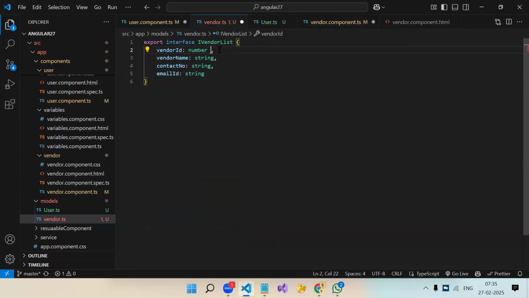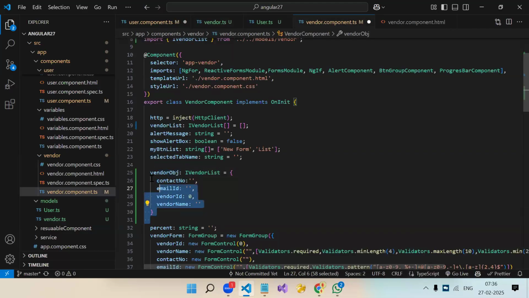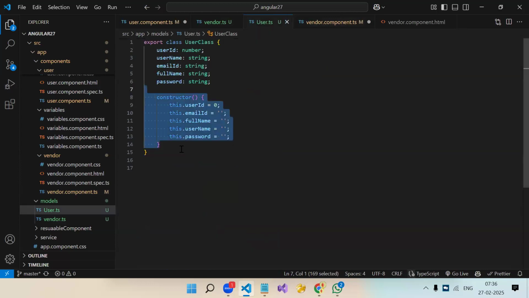Property initializer is not there. That is in the class. Declare and initialize. So here we cannot do it. So initialization we have to do in the component itself. So wherever you are using this interface, in every component, you need to repeat the same thing. But in case of a class, you already have it in a single place. Clear? This is the reason. That's the benefit.